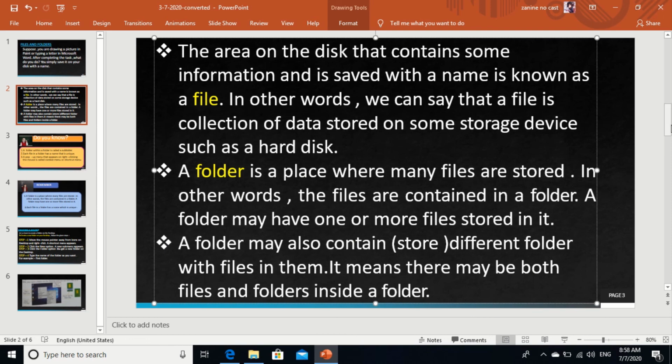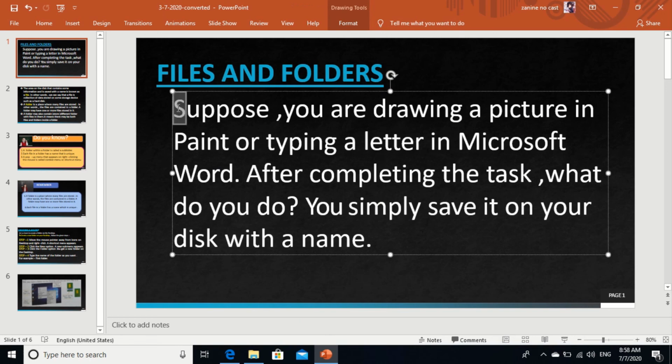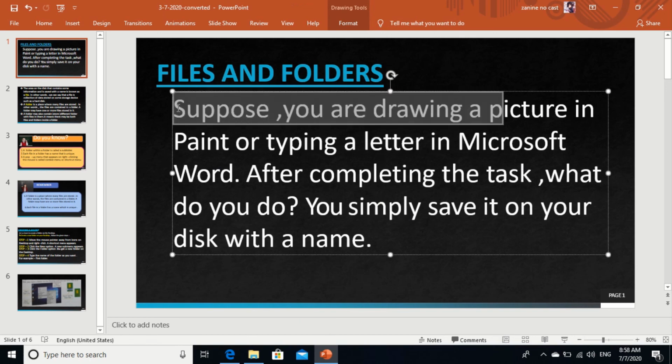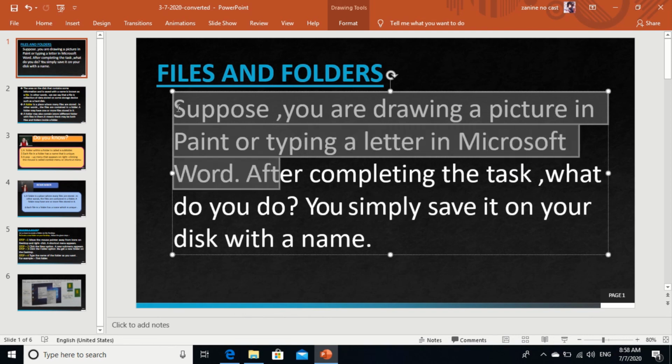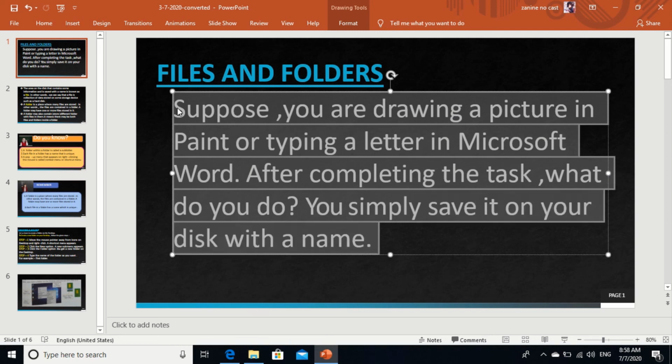For today's class, one more time I am revising folder and file. In the next class we will learn some important points. So what did we learn? Suppose you are drawing a picture in Paint or typing a letter in Microsoft Word. After completing the task, what do you do? You simply save it on your disk with a name.